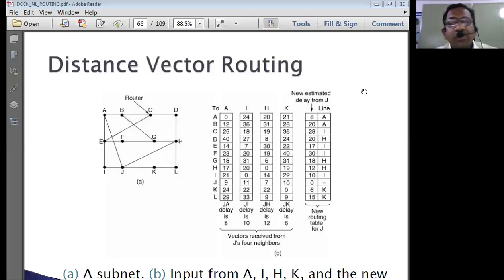So at the outset, what we can say, the distance vector routing is known as a dynamic routing type of algorithm, which can be reconfigured from time to time. So that means it is something like a reconfigurable routing type of algorithm. Whereas coming to the simple routing called shortest path routing algorithm, which is known as a static type of routing algorithm, which cannot be reconfigured.